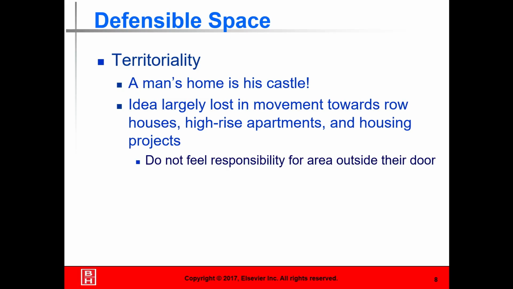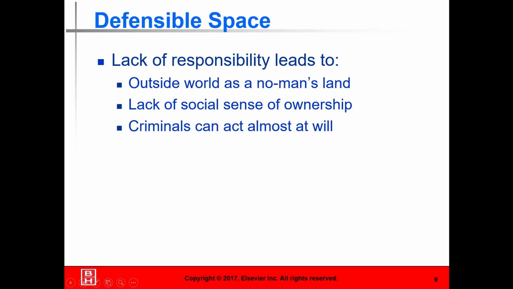Territorial: a man's home is his castle. Largely not so much anymore with high-rise apartments. Today there are probably more condos being built than single-family homes. So we're trying to think of how we get that community. And it's because a lot of people are getting older. They don't want a house. They don't want to maintain the ground. So they're looking at other opportunities. And that's what we're looking at.